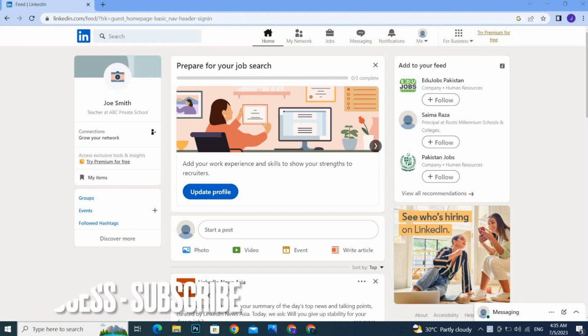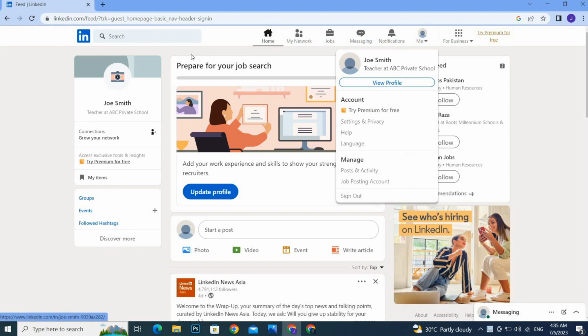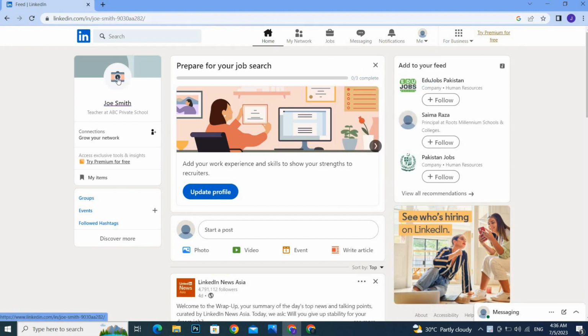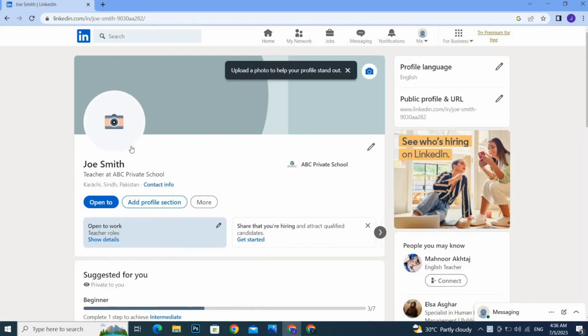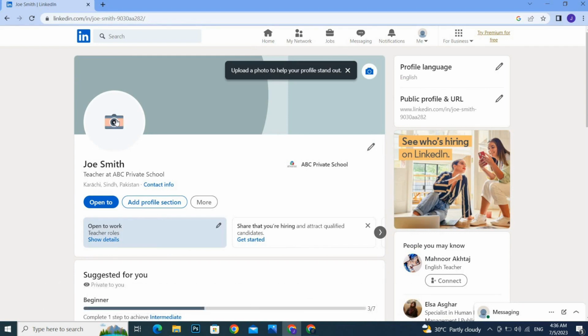You have to go on your profile. You can go from here and you can go from here as well. I'm going to my profile, and here what you have to do is simply click on this camera icon. Just simply click on it